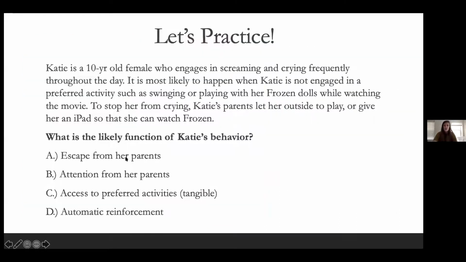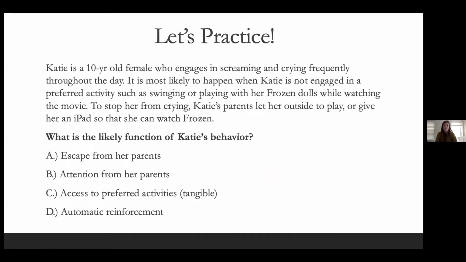So we're going to do a little practice. I want you guys to determine what the likely function is. Again, we can't really know without doing a functional analysis, but just from gathering some of this information. So Katie is